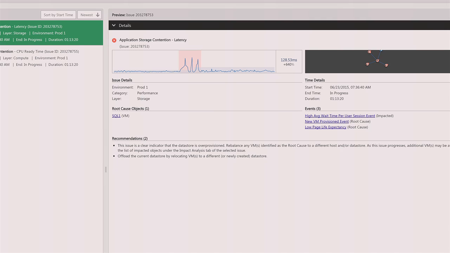So a couple of things that you see here. The high average wait time per user session and the low page life expectancy both came out of SQL Sentry. SQL Sentry found those, recognized them, and threw out a notification for that. And what you see then,